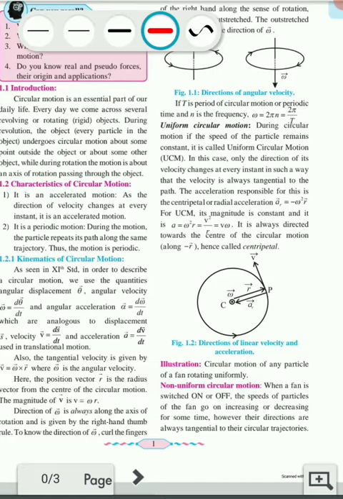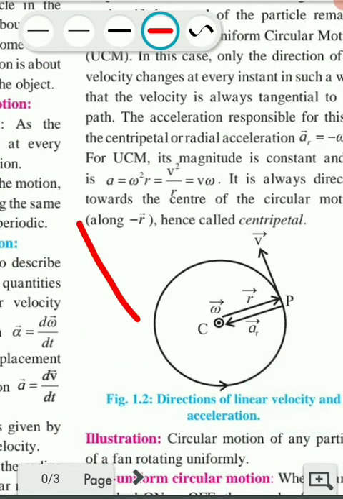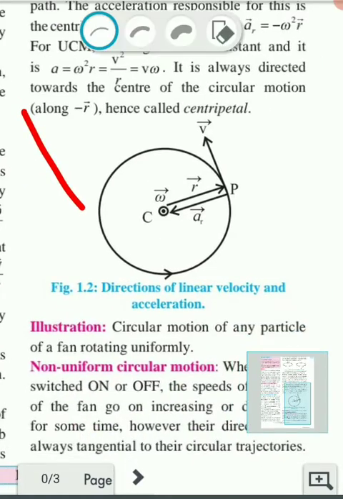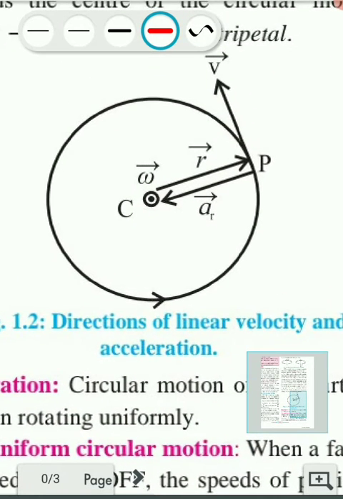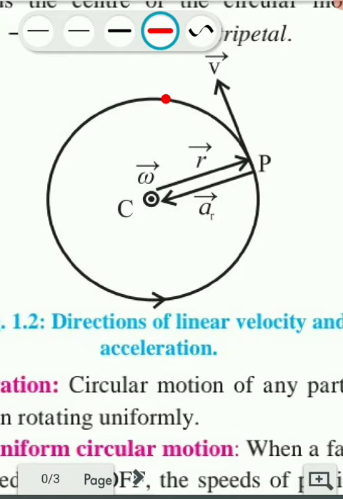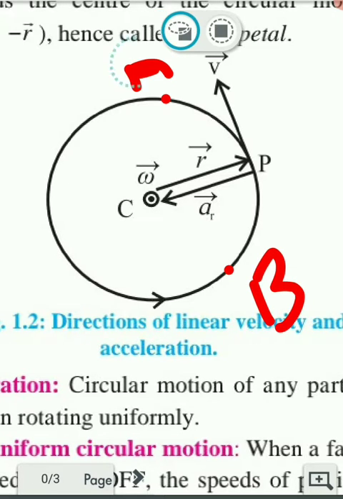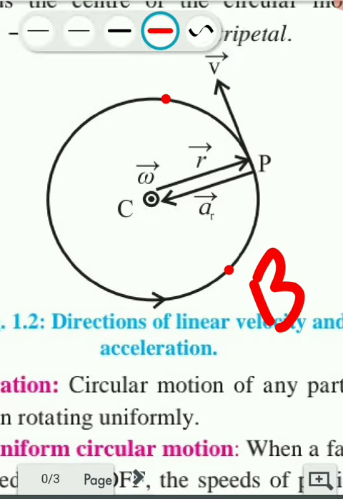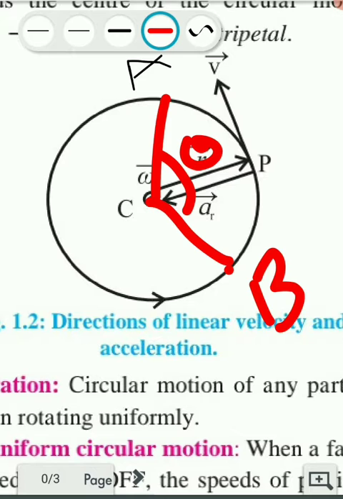Here angular displacement means, suppose we consider circular motion of any object, and here the initial position of the particle is A and the final position of the particle is B. Then in these two positions we make a particular angle between two radii CA and CB, which is nothing but the angle theta. This angle theta gives the angular displacement.